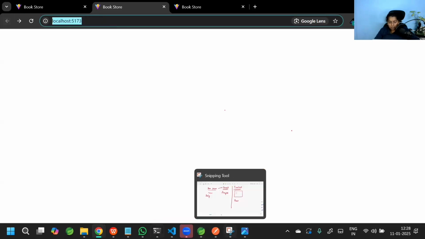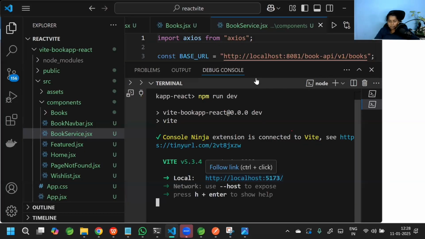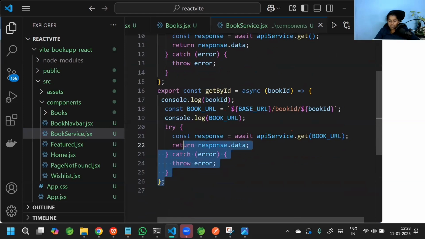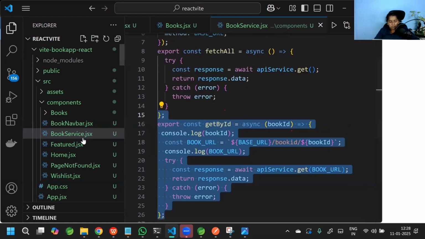Like order now and show details. The ID is taken to the backend. If you notice, the ID is taken to the backend, authors are taken to the backend. So how exactly are you going to write it here in the service layer? Let me check how many methods I have done. This is done last year, not new one. Get by ID is there. So it should come to